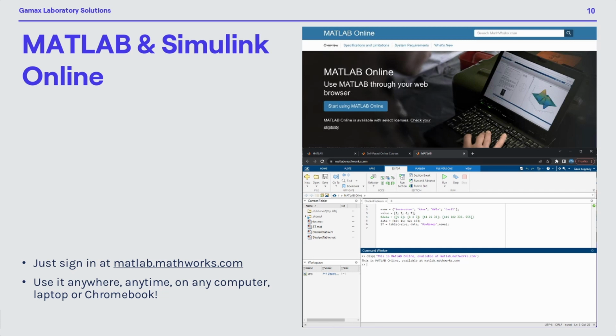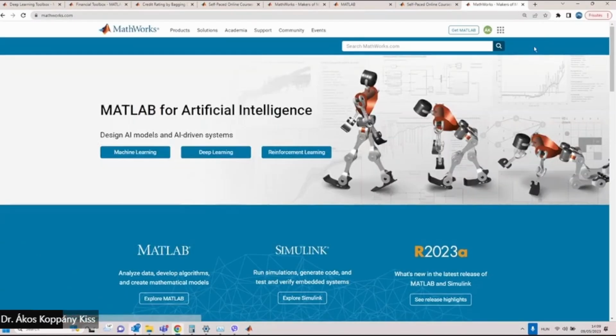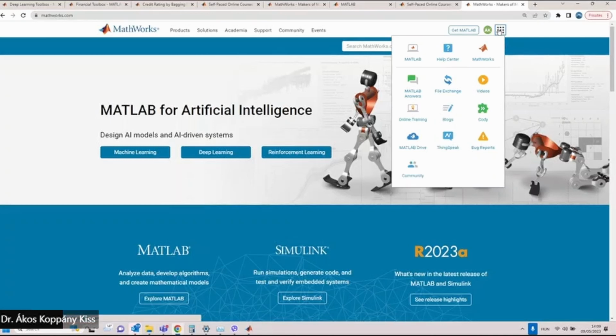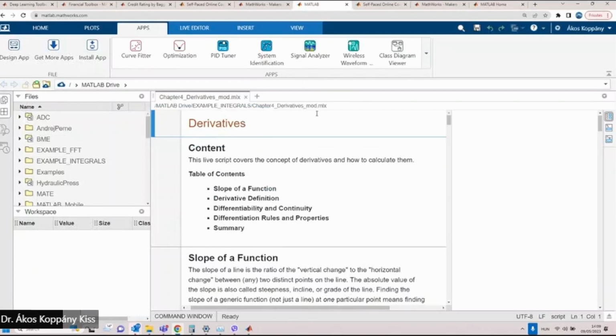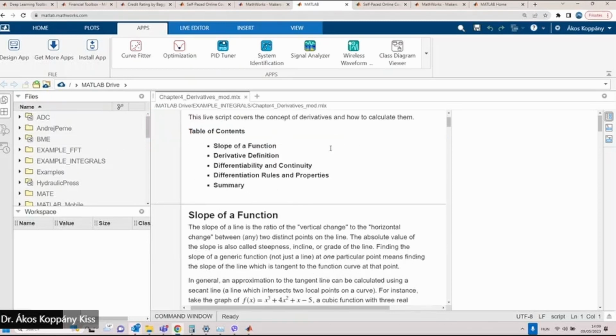With a campus-wide license, you can use MATLAB Online. Let me show you how it works. When you check mathworks.com, click the menu on the top right corner, click MATLAB, and open MATLAB. I'm sorry, it says it is already open in another window. Yes, and on the left-hand side, you can see the content of your MATLAB Drive. In between, I just opened up